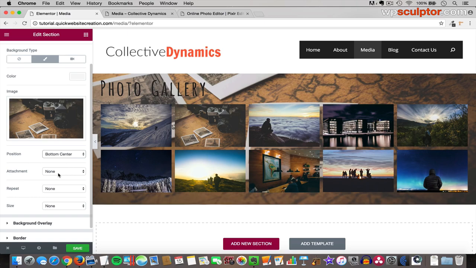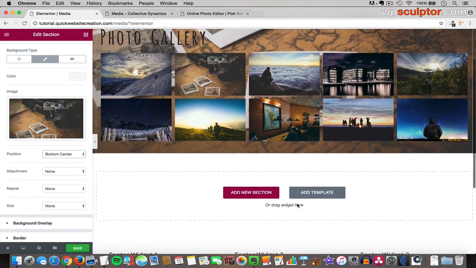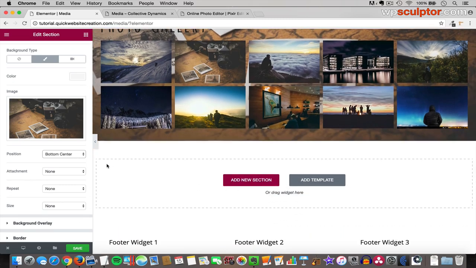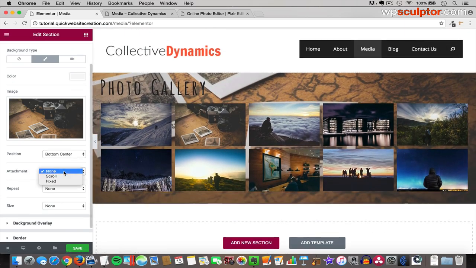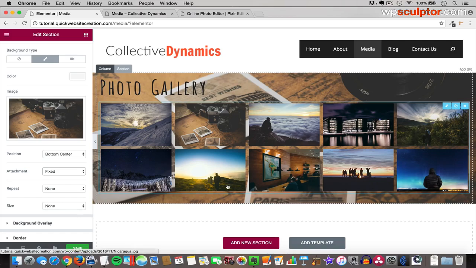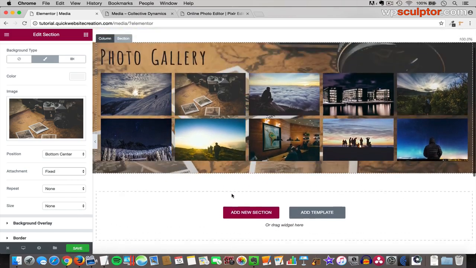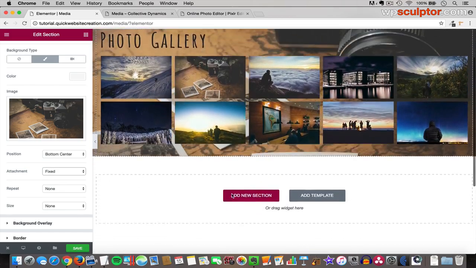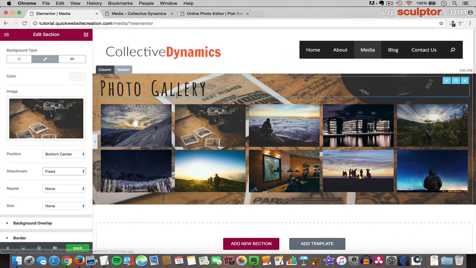And the attachment option is set to none by default. And notice that when I scroll, the background image is moving along with the content on the page. Now, if I change this attachment to fixed, notice that when I scroll, the background image is remaining fixed on the page and the content is scrolling around it. And I really like this effect, so we're going to leave that to fixed. For repeat, I always leave that set to none,